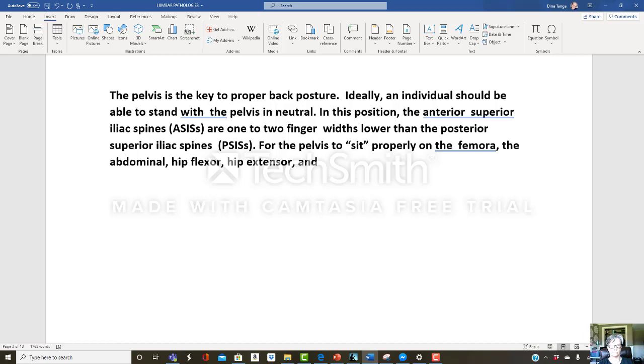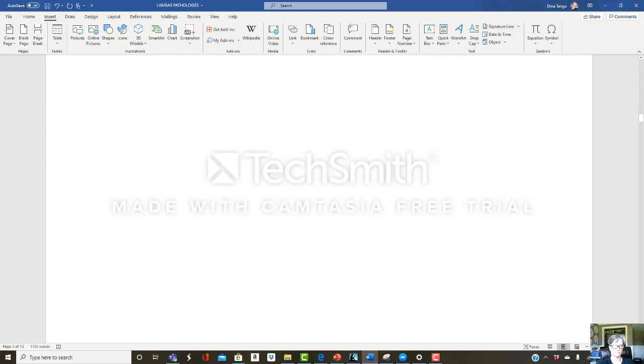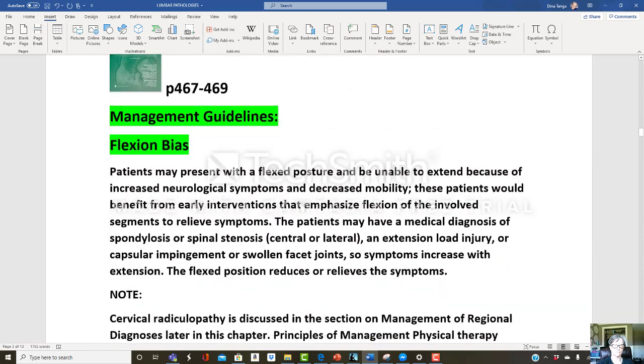The pelvis is the key to proper back posture. Ideally, an individual should be able to stand with the pelvis in neutral. In this position, the anterior superior iliac spines, ASIS, are 1 to 2 finger widths lower than the posterior superior iliac spines, PSIS. For the pelvis to sit properly on the femora, the abdominal, hip flexor, hip extensor, and